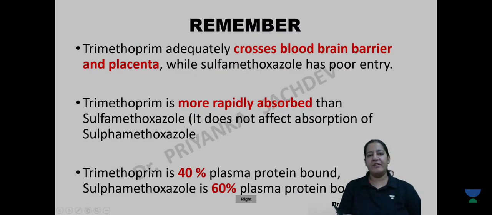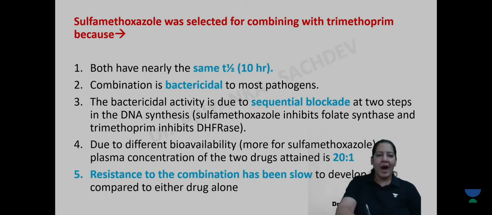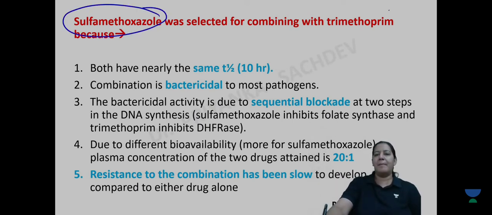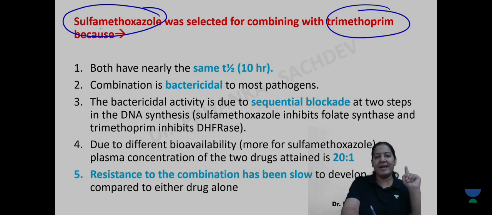See the summary. Everyone see the summary. I'm showing you the summary. Now tell me the last thing. Why is sulfomethoxazole combined with trimethoprim? Tell me 5 reasons why we are doing this combination, the cotrimoxazole. And in cotrimoxazole, why are we combining only the intermediate one? Intermediate acting, that is sulfomethoxazole with trimethoprim, not the short, not the long. Why? They all are sulfonamide.